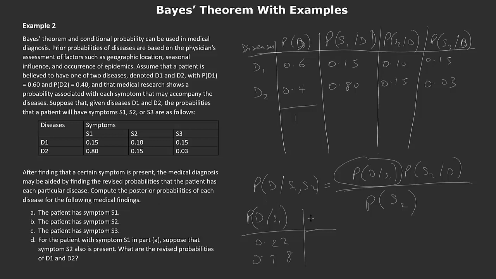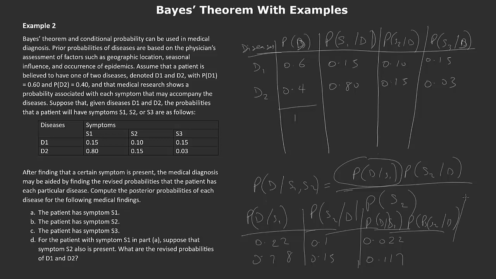In this case, we already know that the probability of S2 given D is 0.1 and 0.15. So we can use this information to compute the product: the probability of D given S1 times the probability of S2 given D, right? So this product will give you 0.022, and this will give you